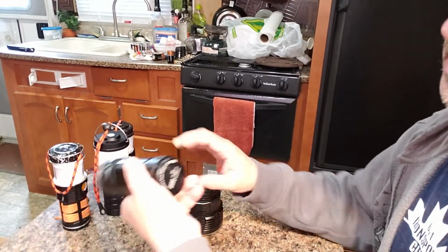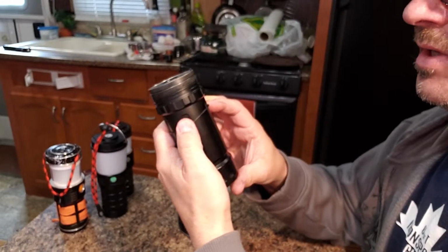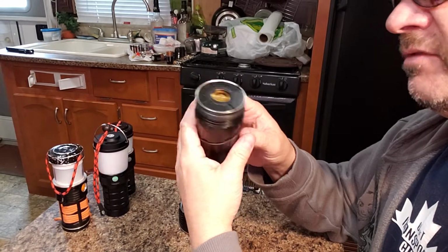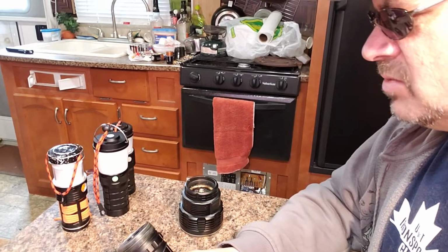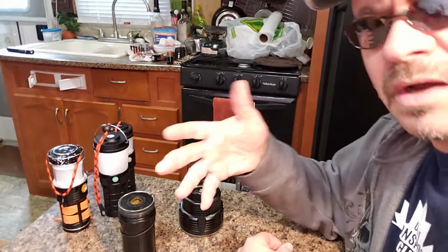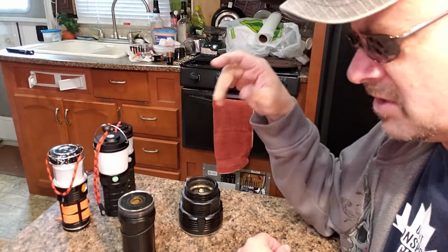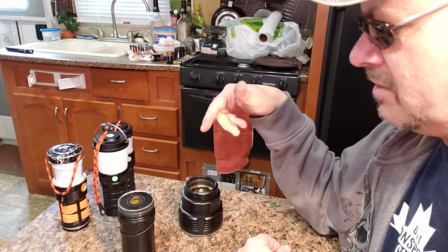with the Imalent DX80. I've had this light for probably a few months, no doubt, since last summer, I guess. I haven't used it very much, just did some random tests with it, and it worked great the whole time. I've never run it on full power for very long, usually a few seconds, and I would shut it down to lower modes because I knew that these things had a tendency to build up a lot of